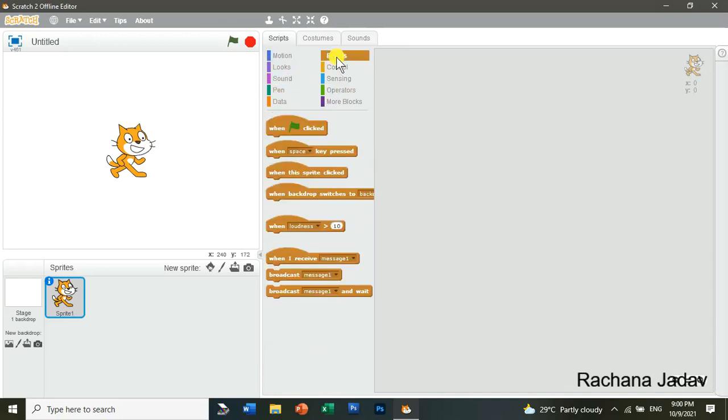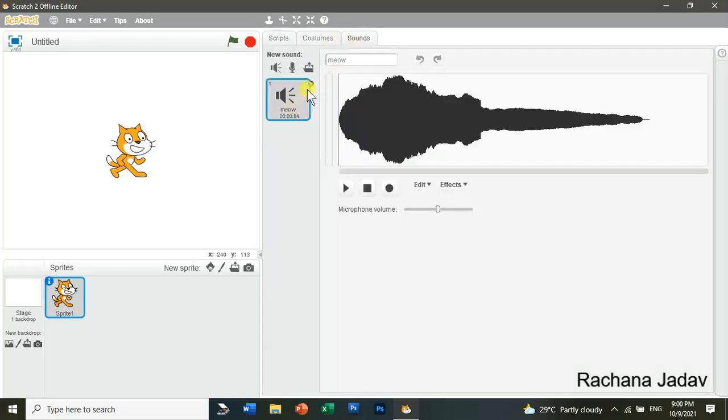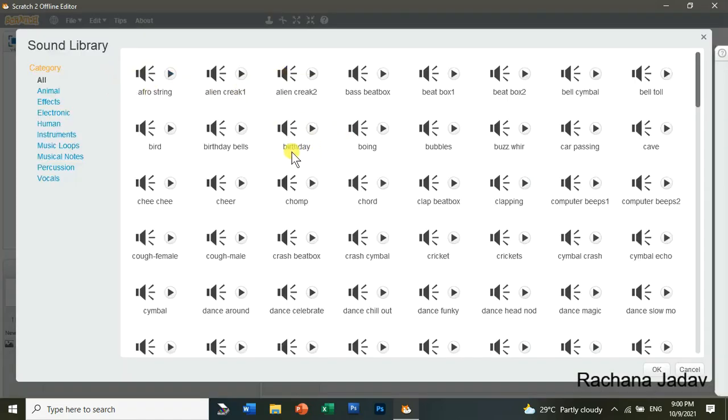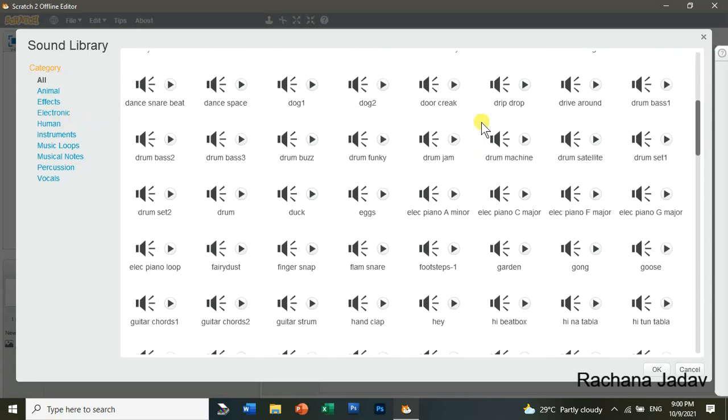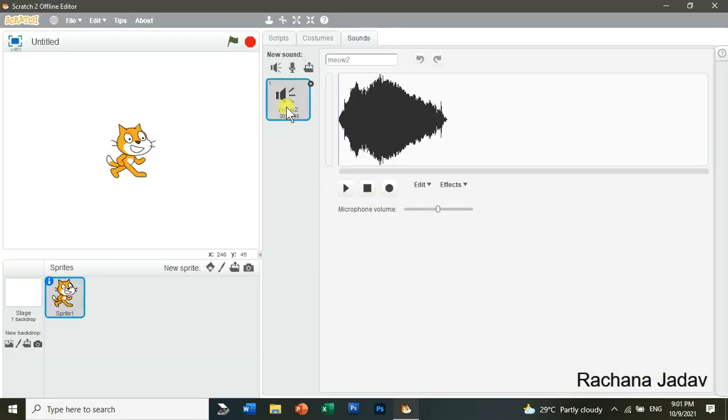Right now I will just click on this. First I will take the event. Now sound, in that you can see play the sound meow. Okay. So if you don't want that, तो आप क्या करोगे, sound पे जाओगे और उसे remove करके आप नया ले सकते हो. So here by default there are many of the sounds that are given. So any of the things you can take over there. Okay. So like you can see there are many over here. तो आपको यहाँ ये वाला लेना है. Okay. तो ये ले लिया.